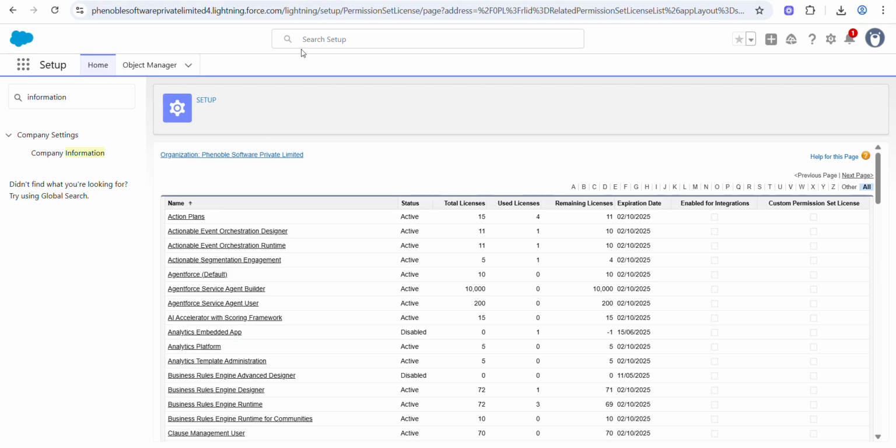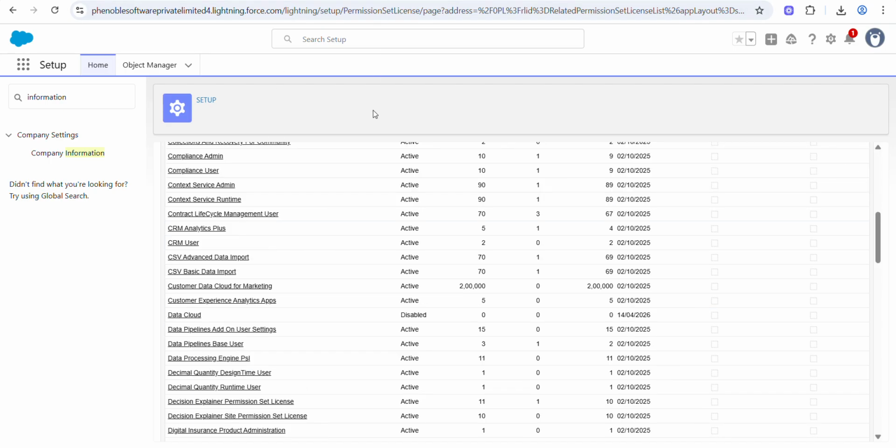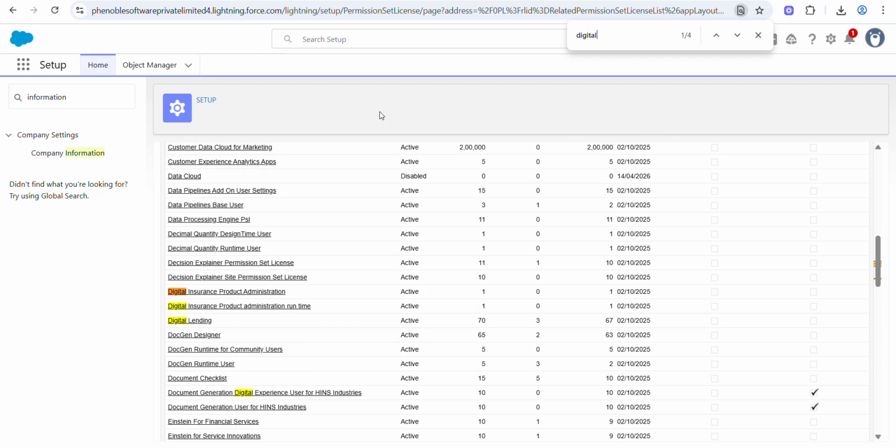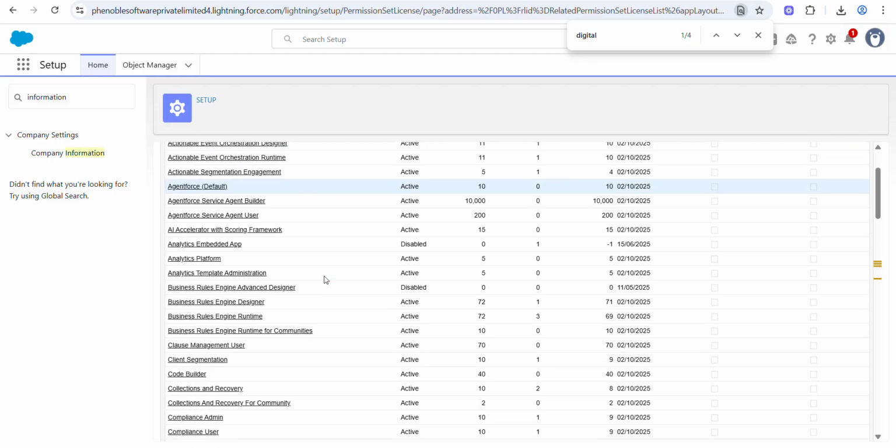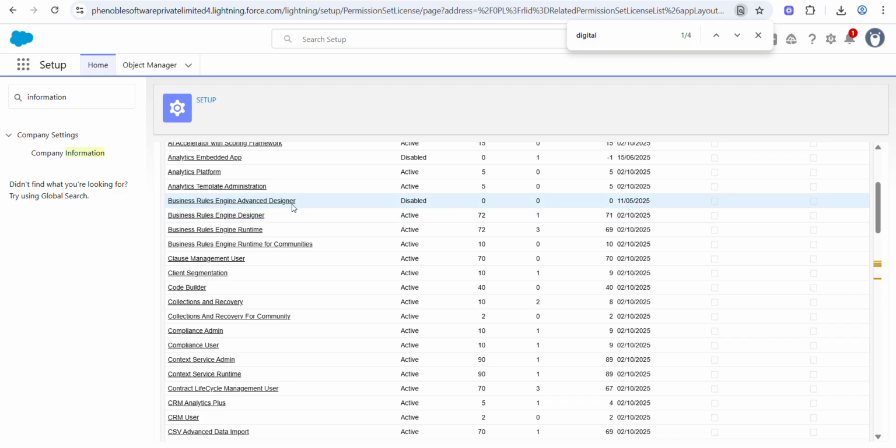You should also have Digital Insurance, Digital Insurance Product Administration, Product Administration for Runtime, and Action Plan, so make sure all of these are here. Business Rules Engine Designer, Advanced Designer, Engine Designer for Runtime, and so on.